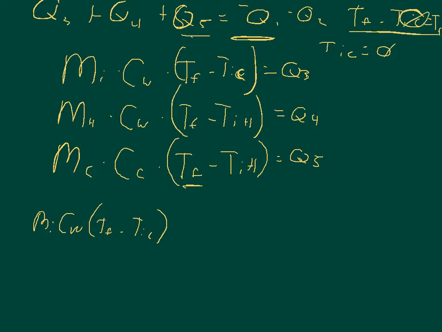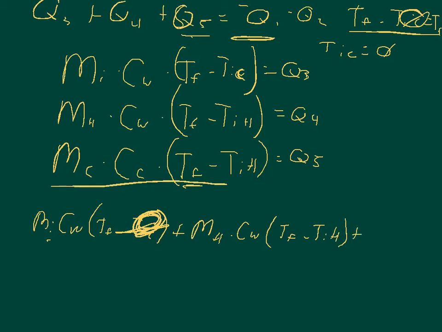So we can simplify this even further and just say the mass of the water that came from ice times the specific heat of water times the final temperature, plus the mass of hot water times the specific heat of water times T final of the system minus T initial hot, and then plus the mass of copper times the specific heat of copper times T final of the system minus